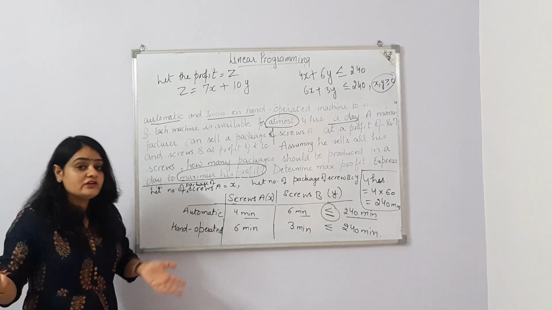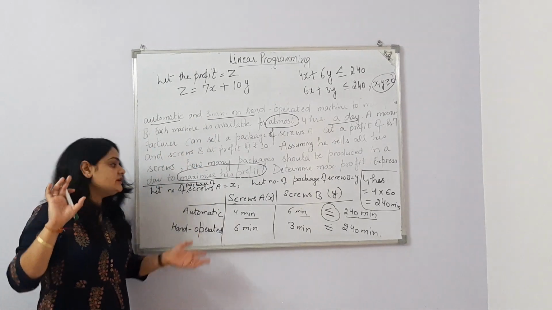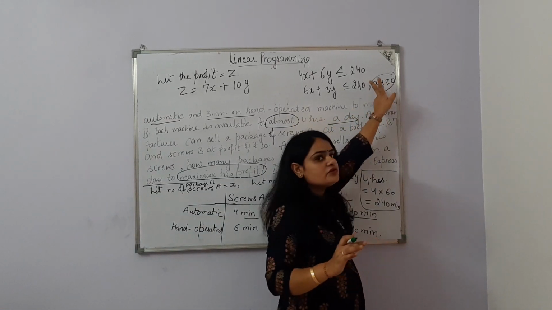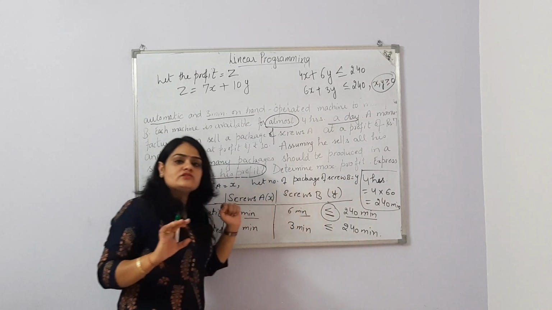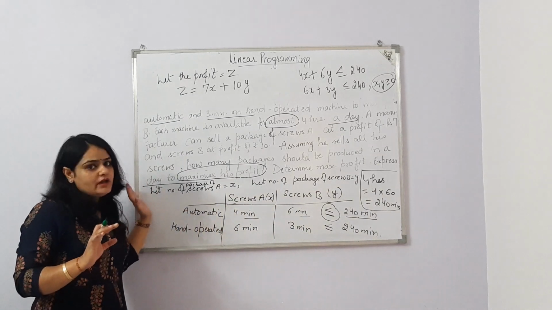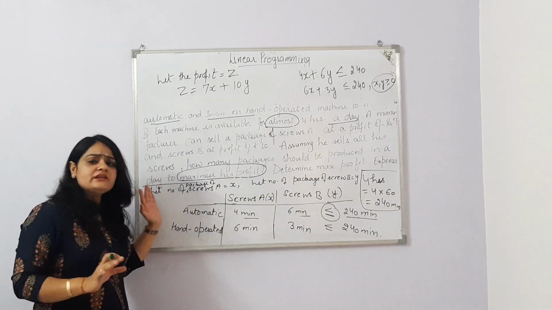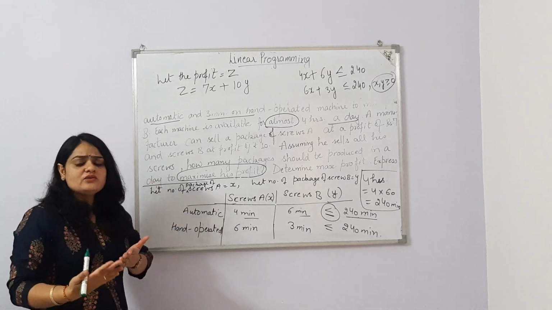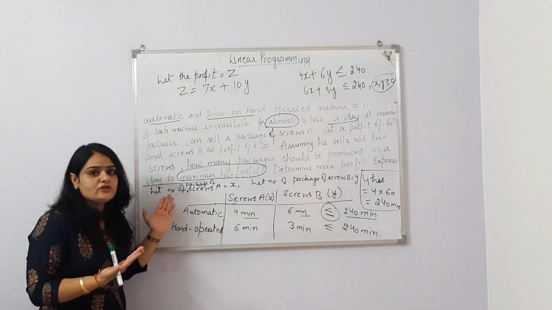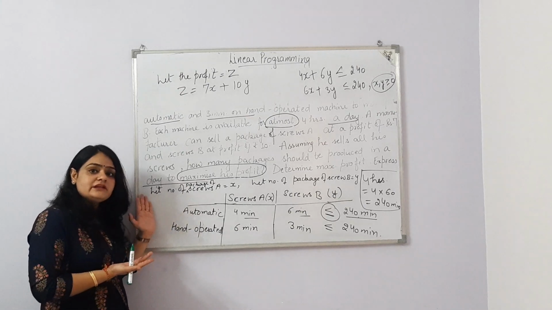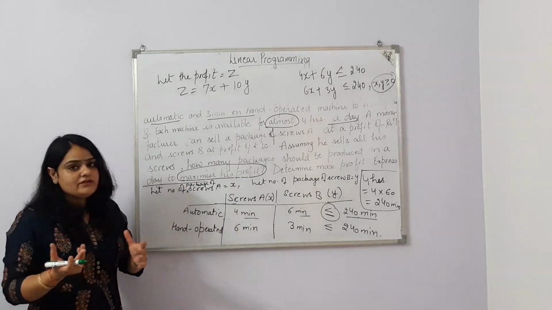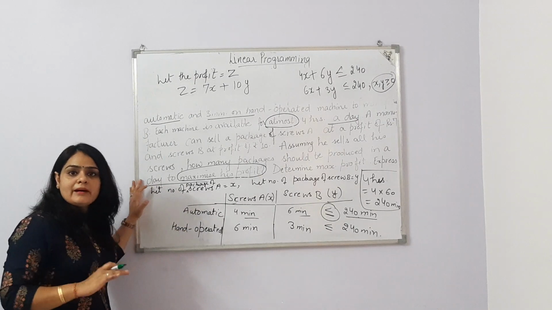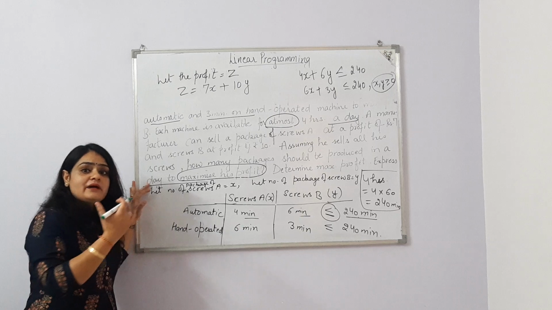0 means the manufacturer is not manufacturing screw A or screw B. So x is greater than or equal to 0, y is greater than or equal to 0. This is a live scenario, and in live scenarios x can be equal to 0 or greater than 0. It cannot be less than 0. It cannot be negative, because we are counting things, and we cannot say that we have minus 3 photos, or -3 boxes.